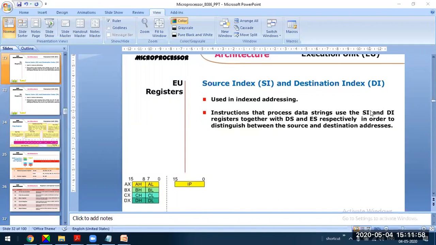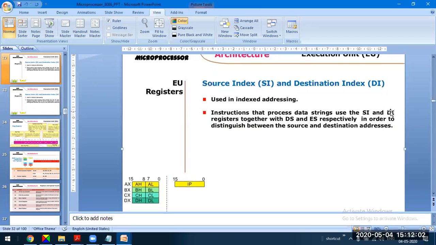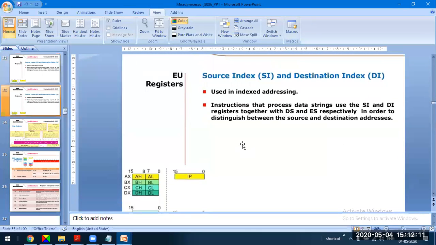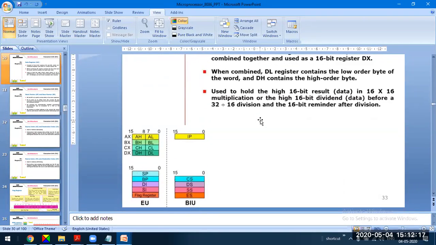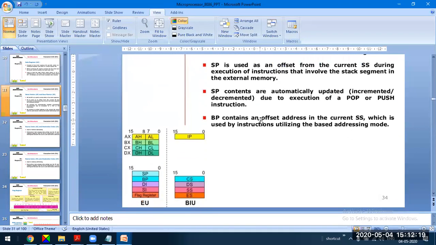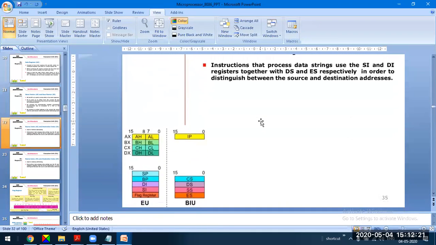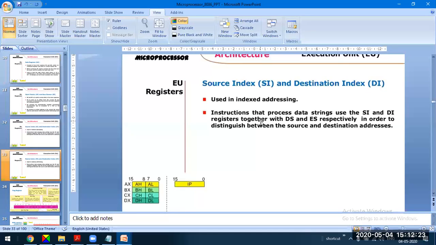SI is used with the data segment register, and DI is used with the extra segment register, in order to distinguish between the source and destination address.